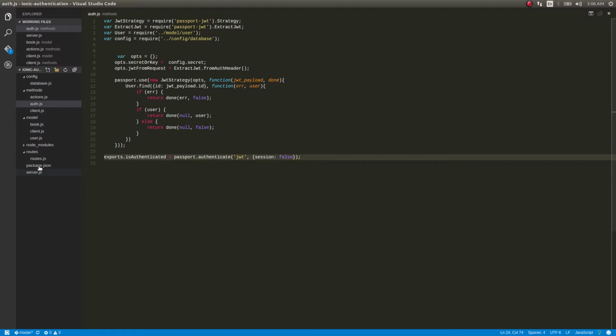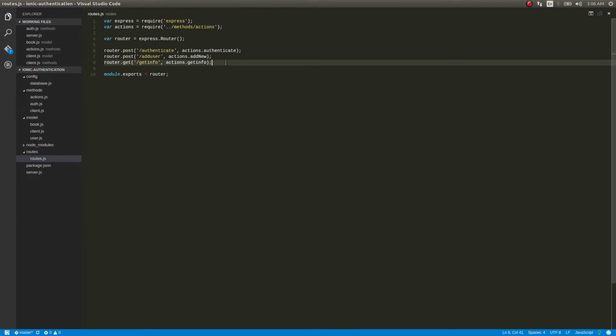So let's go to routes, and then we need to write a route here.